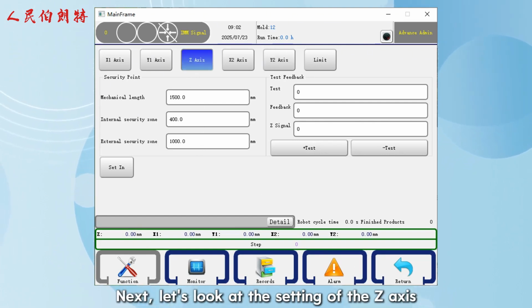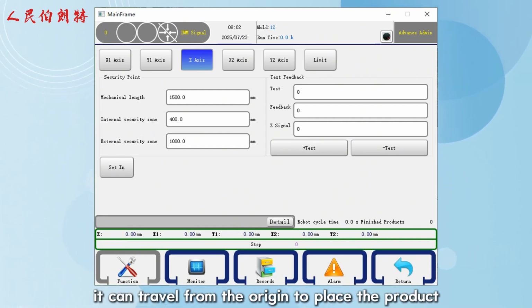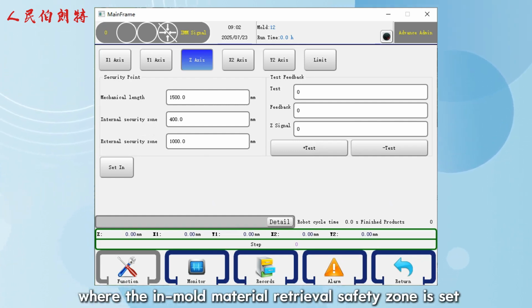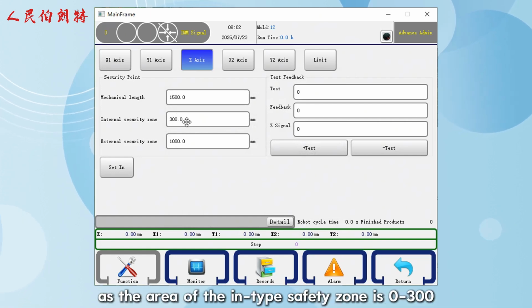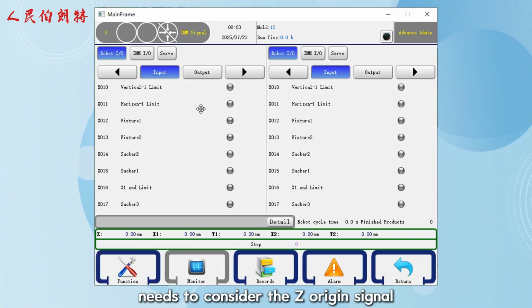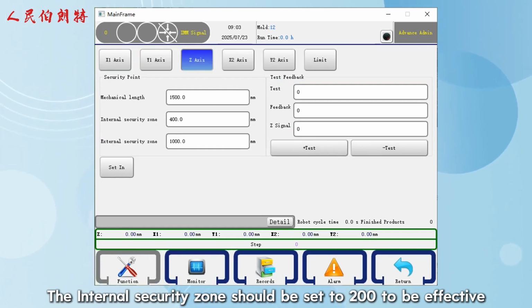Next, let's look at the setting of the Z-axis. The mechanical length of the Z-axis refers to the maximum distance it can travel from the origin to place the product. Internal security zone refers to the location where the in-mold material retrieval safety zone is set. Setting 300 here can be understood as the area of the in-mold safety zone being 0-300. It should be noted that the setting of the internal security zone needs to consider the Z-origin signal. If the sensing range of the Z-origin signal is 0-200, the internal security zone should be set to 200 to